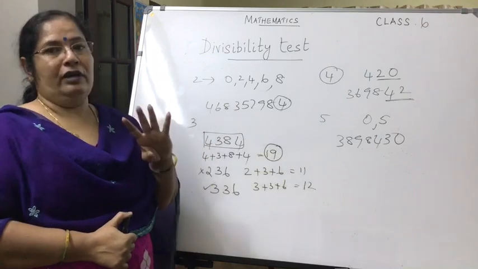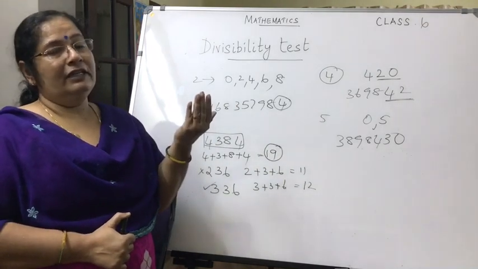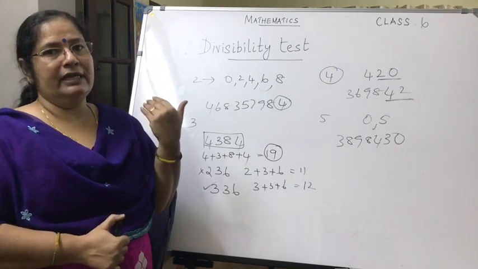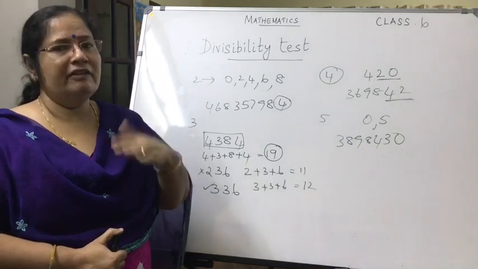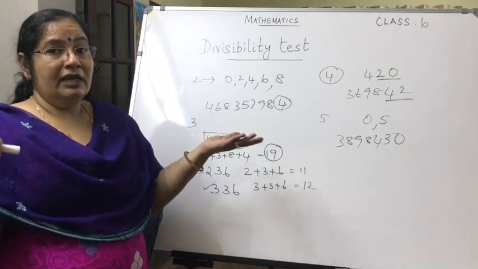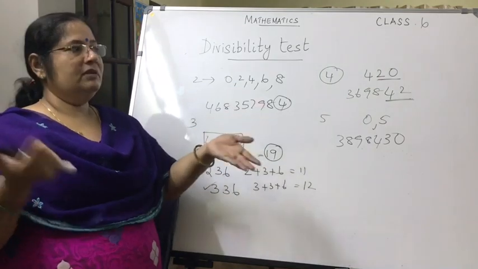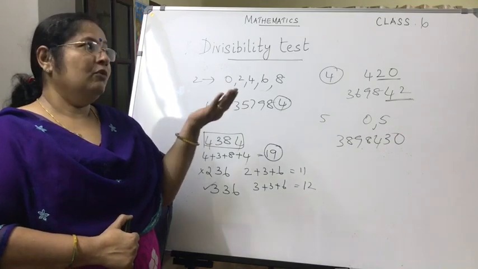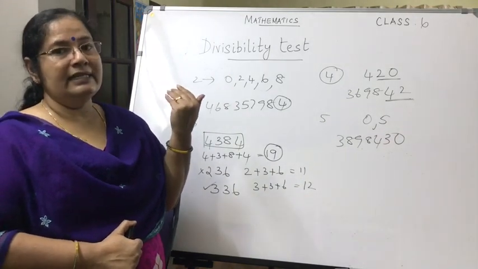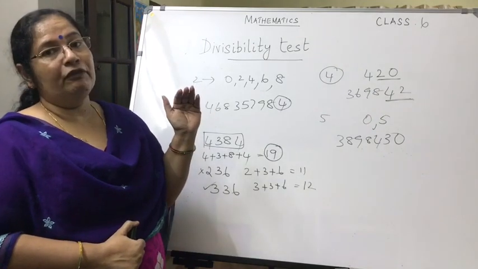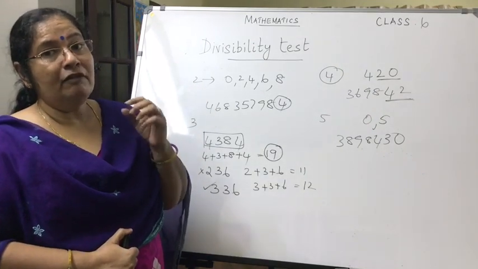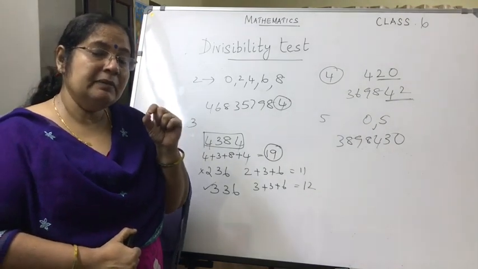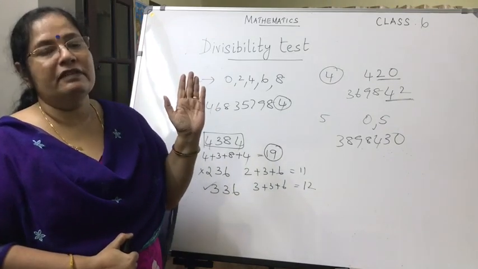Divisibility test for 4. This is applicable for numbers with 3 or more digits. For 2 digits, you will have to sit and divide and find out. So we are concerned with large numbers, isn't it? It's a challenge for us to take up large numbers and find out whether they are divisible by 4 or not. So if there are 3 or more digits in the number, how will you find whether it is divisible by 4? You look for the number formed out of the last 2 digits, that is, ones and tens place. If that particular number is divisible by 4, then the given big number will be divisible by 4.